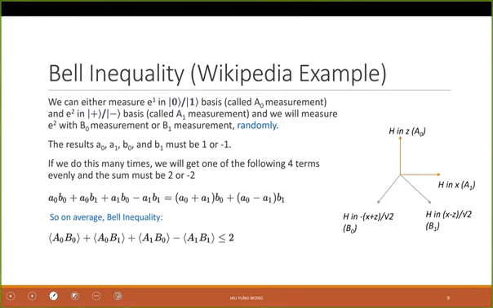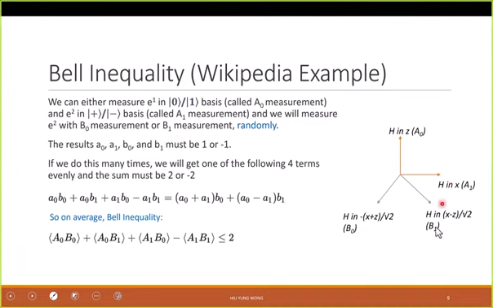Now, for B, which is far away, it can also choose to measure at B0 and B1. But look at this: B0 and B1 are not the same as A0 and A1. In order to demonstrate this theory, B0 is set to be X plus Z divided by square root 2, so it is at 45 degrees in this direction. This is a 2D plane. And then B1 is set to be X minus Z, so it is in this direction. Then of course,